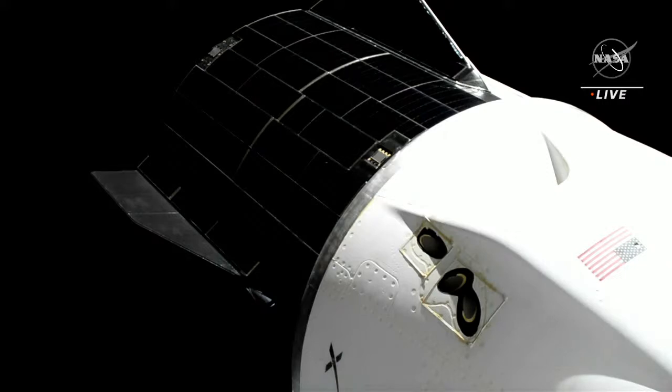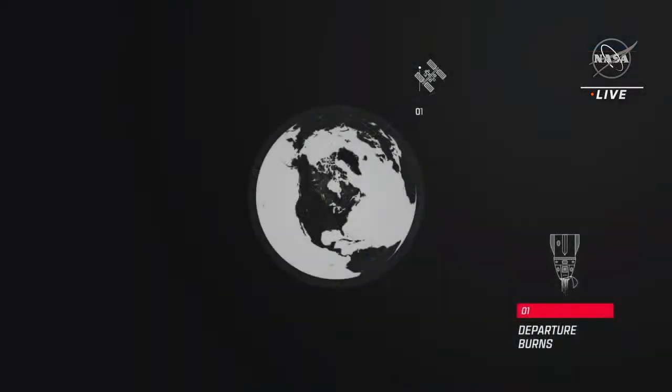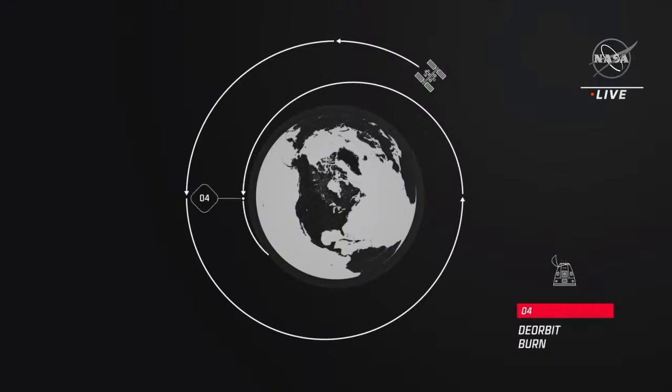Now, once the undocking sequence is complete, Dragon will use its Draco engines, which you see a couple of those thruster ports there on your screen. It'll use those Draco engines to thrust away from the station in a series of carefully choreographed maneuvers, or 4 departure burns, to increase the distance between the spacecraft and the space station. From there, a phasing burn will place Dragon on a trajectory back to Earth. And next on its trip is